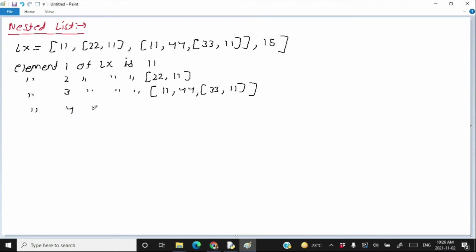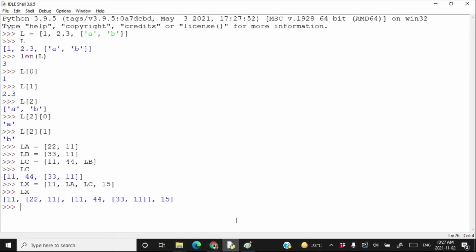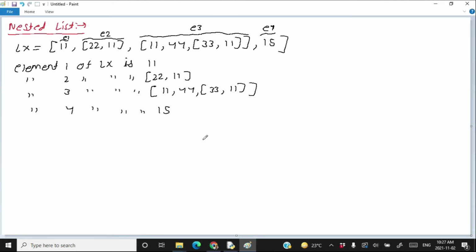Element 4 of LX is 15. So this is the element 1, this is the element 2, this is the element 3, and this is the element 4. Therefore size of this list is just 4. If you write len LX, it is just 4, because you have only 4 elements here.